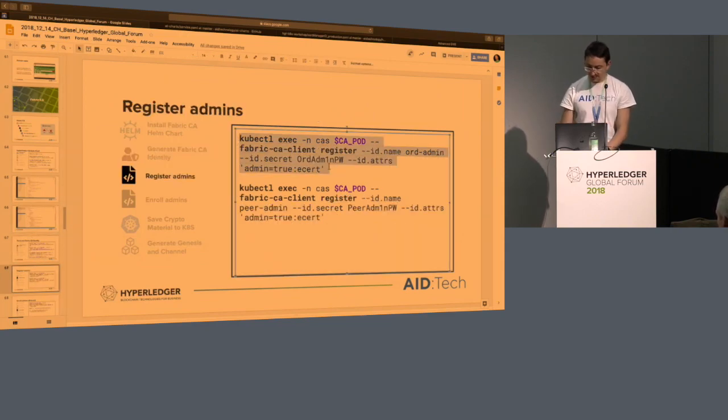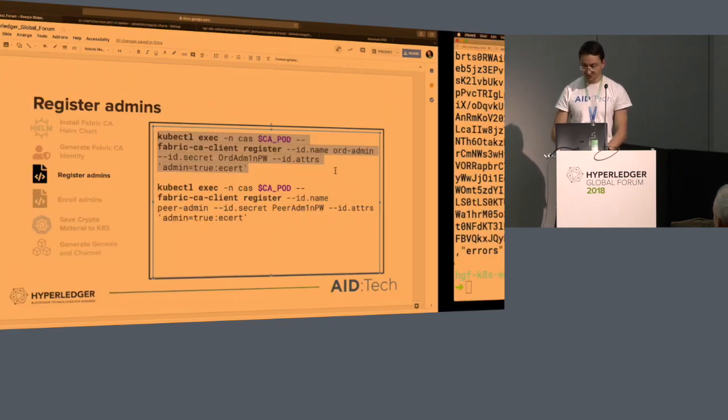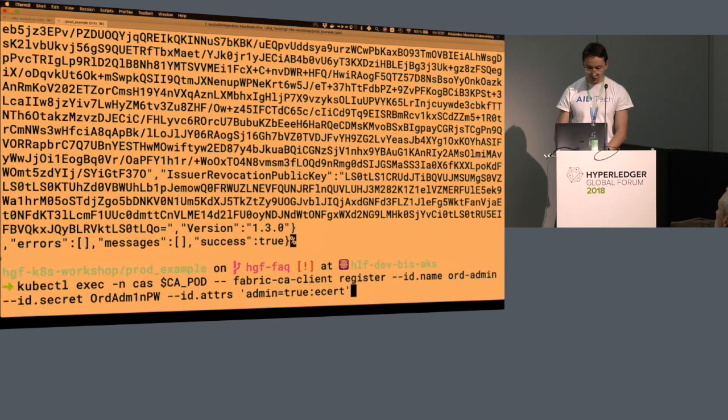Once we have done that, our CA is now working. It's a working CA, it's alive, it's happy, and it wants to get some registrations. It wants to get some identities into it. So let's give it one identity. We're going to run this command again. We're going to execute inside the CA pod